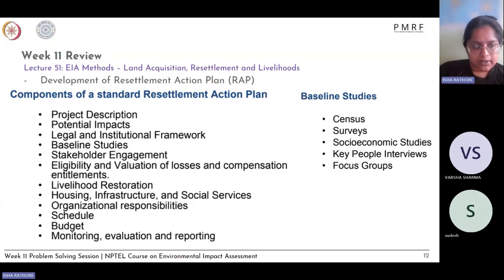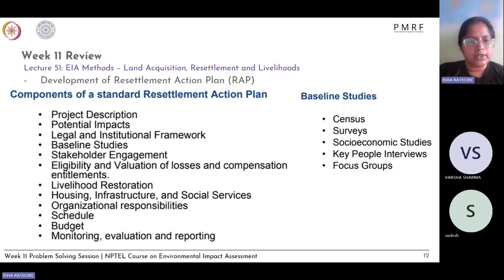All of this should be presented in a table or a chart format for easy understanding in your RAP, or resettlement action plan. Then what was the schedule, what timeline was followed, at what stages the survey was undertaken, what was the data analysis, what was the stakeholder interaction. So all of this schedule and timeline also needs to be included. What was the budget of the project, that is the land acquisition, including compensation, development, and all of that. What was the budget in terms of monetary values? Then what is the further monitoring, evaluation, and reporting framework?